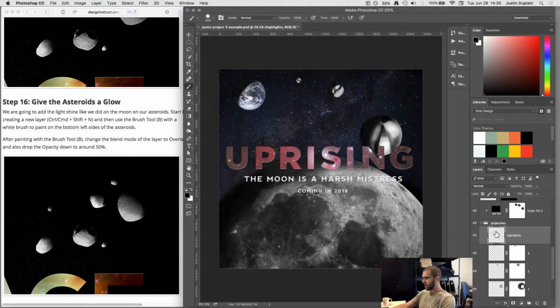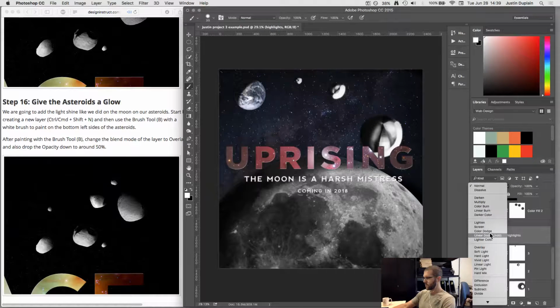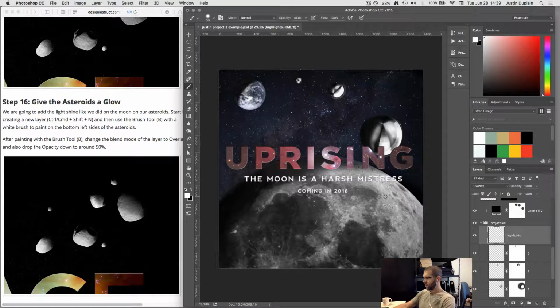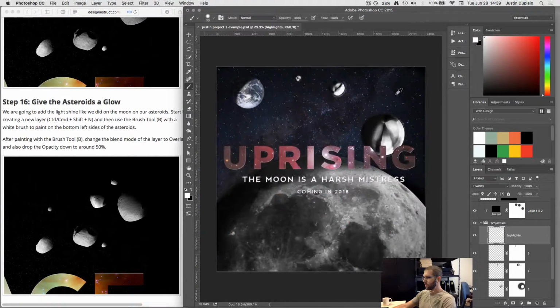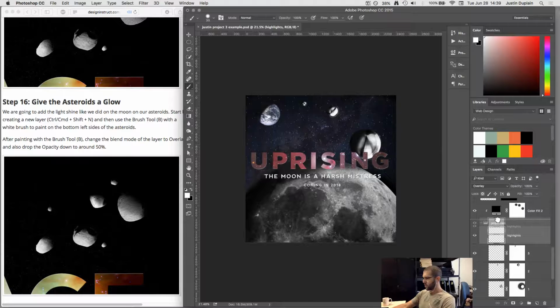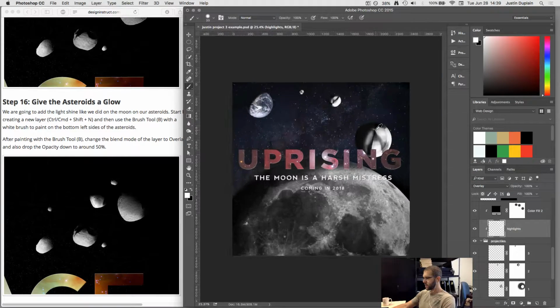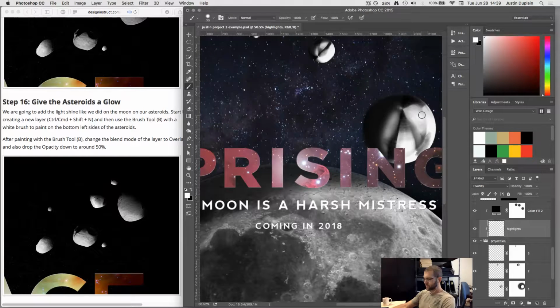Okay, so I will get a white brush and give a highlight along here, very small one along here, and then change this to overlay. Overlay. Oh, I see. Could probably make this a, yeah, clipping mask. And then